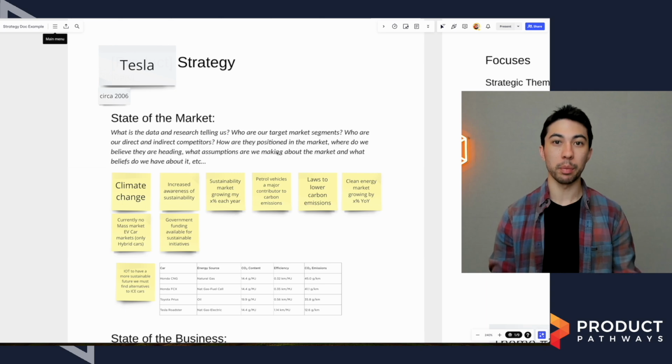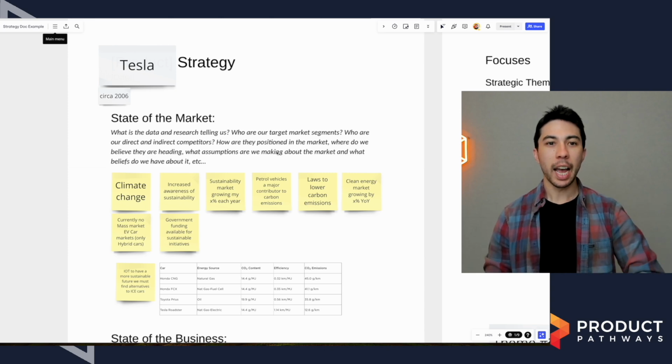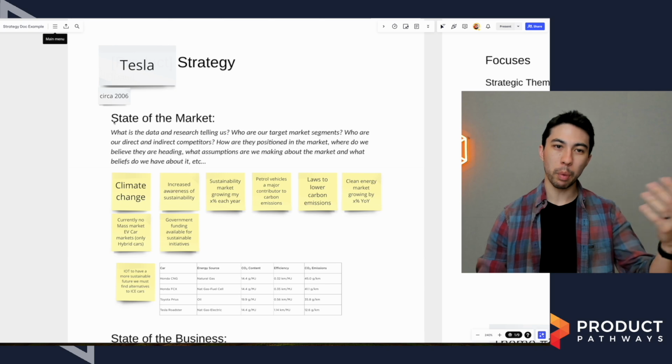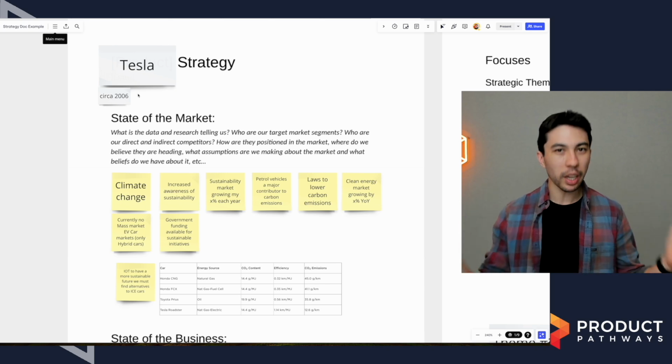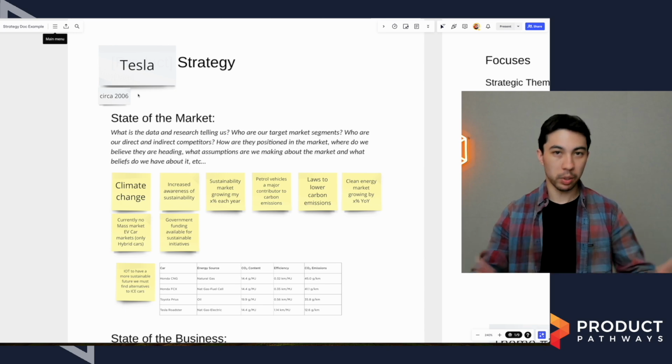So what I want to take you through now that we've walked through the product strategy document, I want to walk you through an example, and I thought I'll use the example of Tesla. Obviously, this is my interpretation of it. It's obviously not Tesla's actual strategy, but I tried as much as possible to pull elements from actual sources, Tesla's actual sources as well, from the blog and stuff like that. And from a date point of view, we're basically saying circa 2006, when Elon Musk wrote that three-step master plan